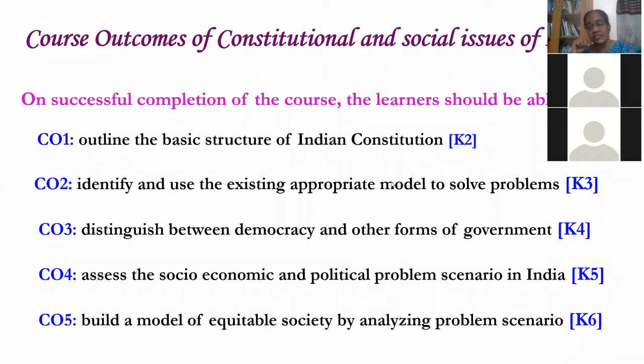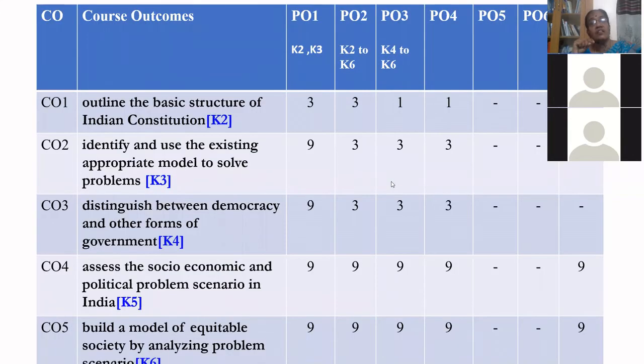So for this particular course with these 5 COs, what is the CO-PO mapping table? So COs I have written, this is for understanding purpose. I have framed for explanation. This you need not do like this. Just in order to explain to you, I have formulated this with the help of this table. CO1 to CO5 I have written. What I have written as course outcomes I have copied here. And in the top, you have the PO, 7 POs, PO1, PO2, PO3, PO4, up to PO7.